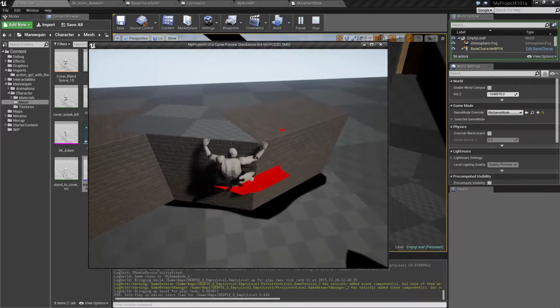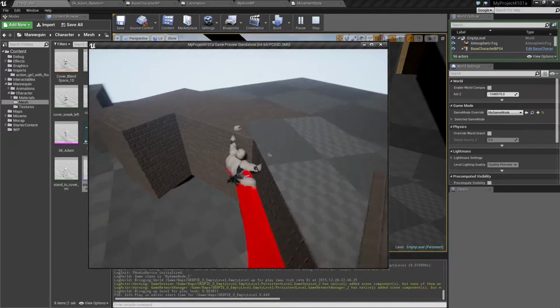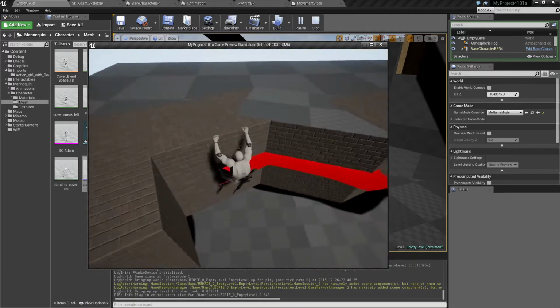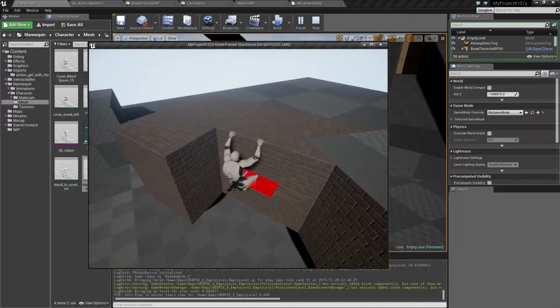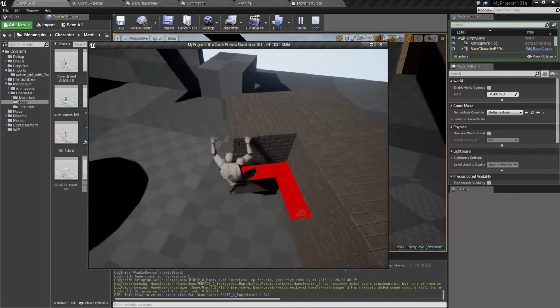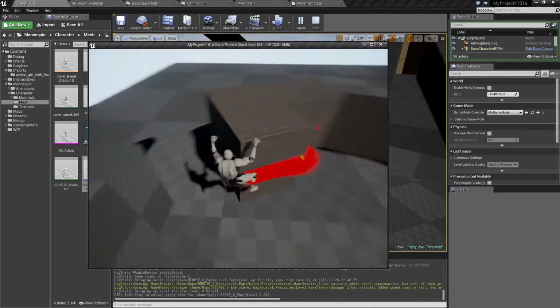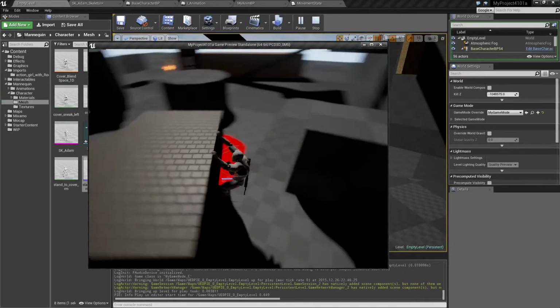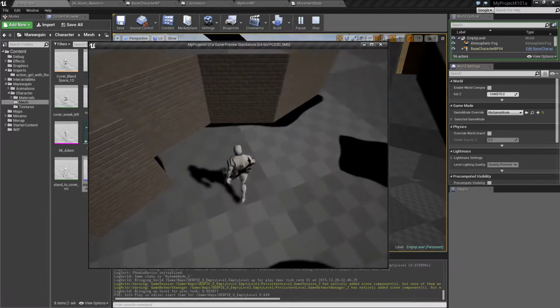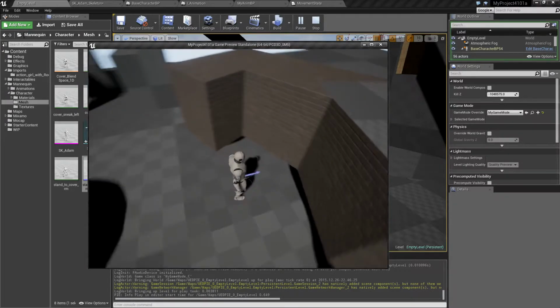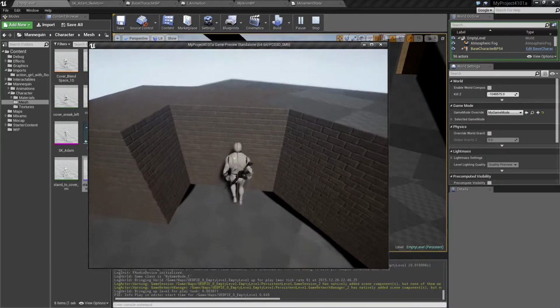When he's climbing from left to right, as you can see, all the red stuff following him is the traces happening at each tick. So we have a lot of traces going on all the time in order to get this surroundings awareness going. So for the jump,